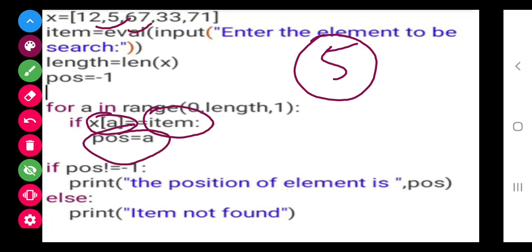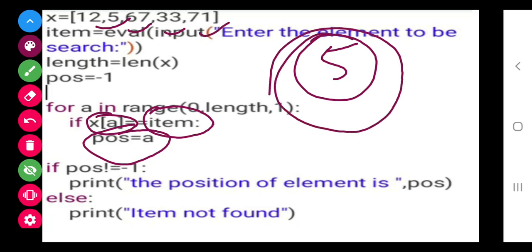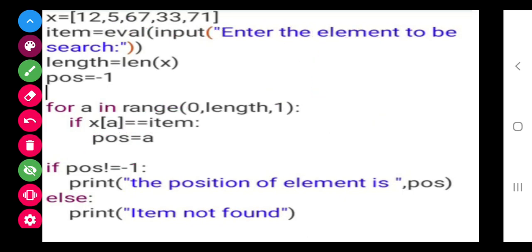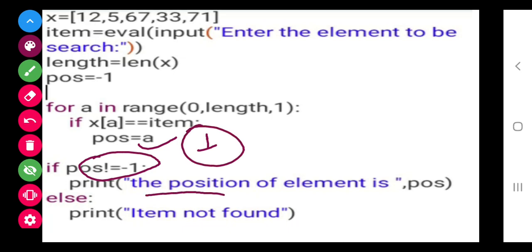It will proceed till last, but this condition is justified before only. So at last, what will come? At last, position A was how much? 1. Is position not equal to -1? Yes, it is not equal to -1. So the position of the element is POS.